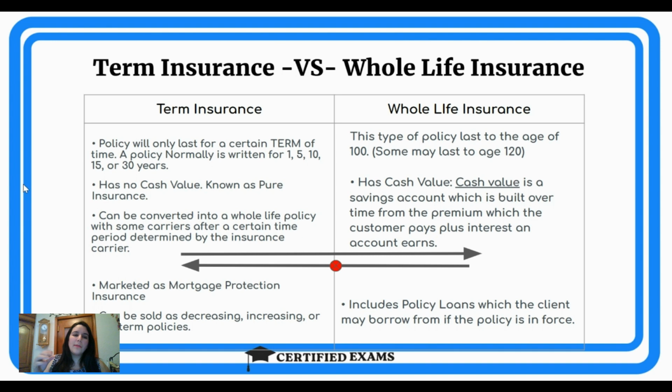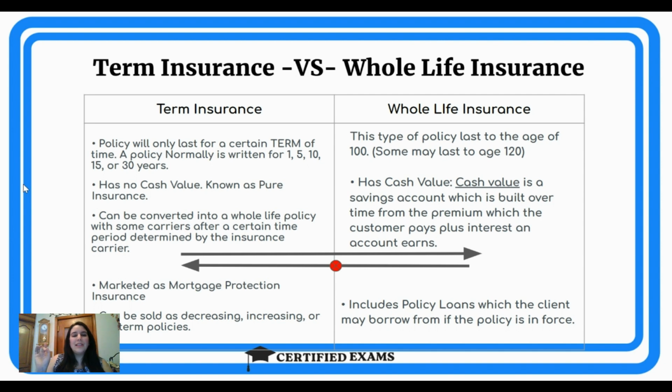Okay, guys. So, anyways, I'm going to go ahead and show you the chart that I've created for the term and the whole life policies so that we can get down to it and you can see what the differences are between both of those policies. So here it is, guys, as promised, the chart that I created for my students to help simplify the difference between term and whole life insurance. And I do this in my tutoring sessions over and over. There's so much information. I condense it, I simplify it, and I only give you what you need to know.